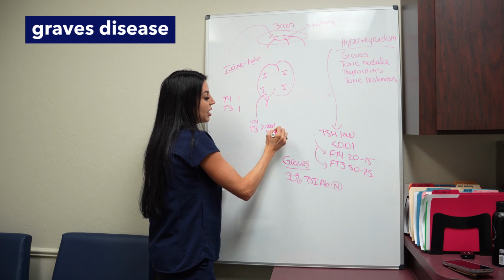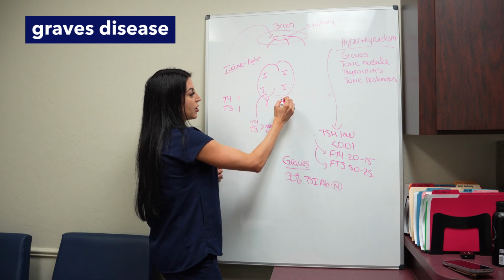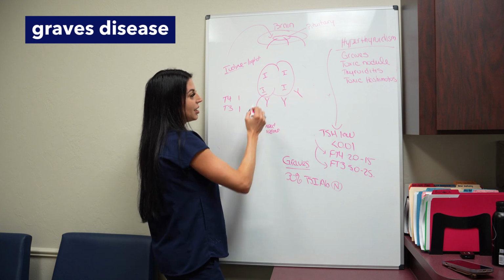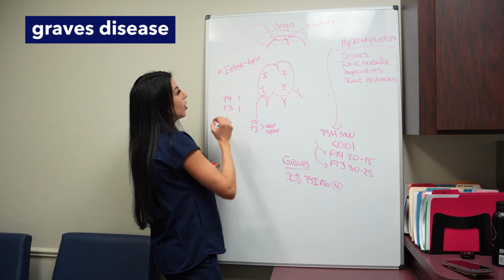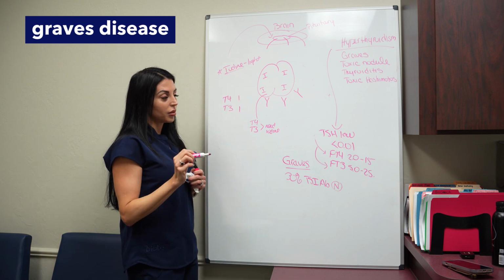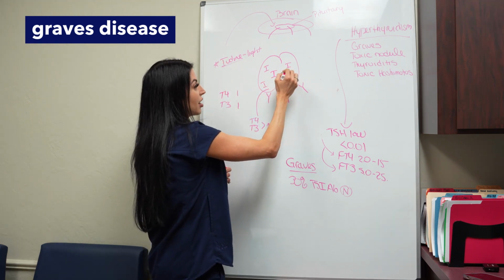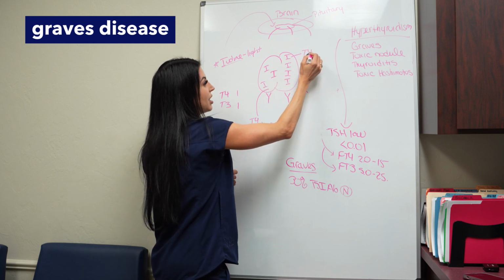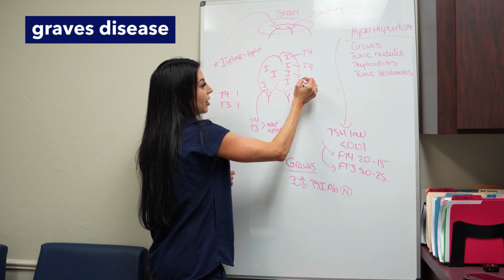So when somebody is hyperthyroid, all these antibodies are going to try to get your thyroid to make T3 and T4, but iodine is needed. So if you give someone a large amount of iodine in a pill form, it's going to go to the thyroid, and the thyroid is going to take this up and start using this iodine to make T4 and T3 everywhere the iodine goes into the cell.